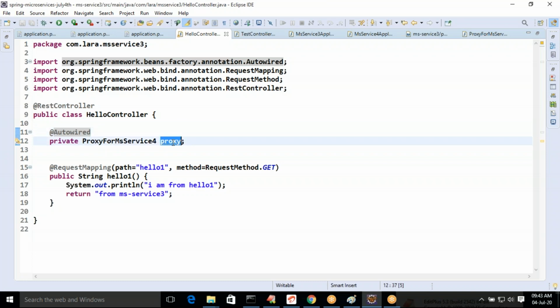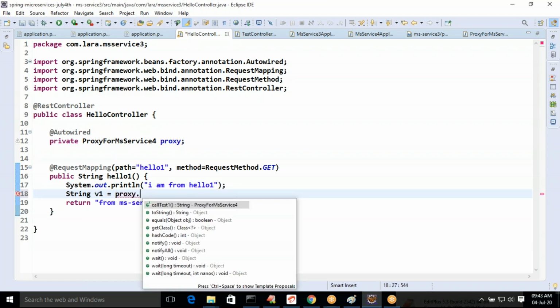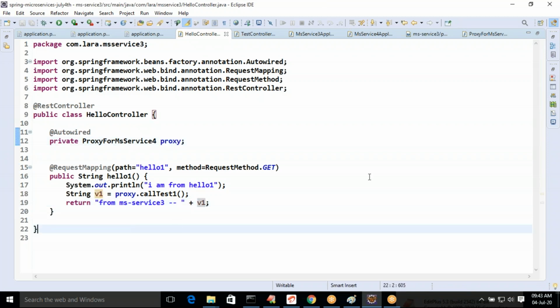See how simple. Just take the proxy, go to hello one, proxy dot callTest1, add v1. Now this proxy can be used in other methods as well.